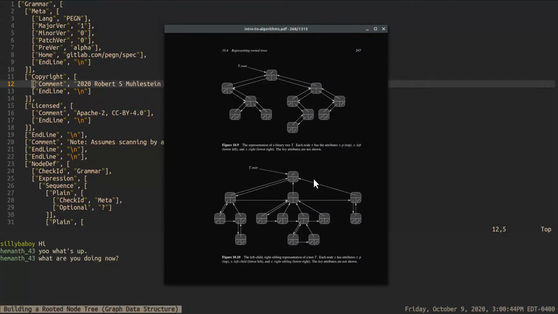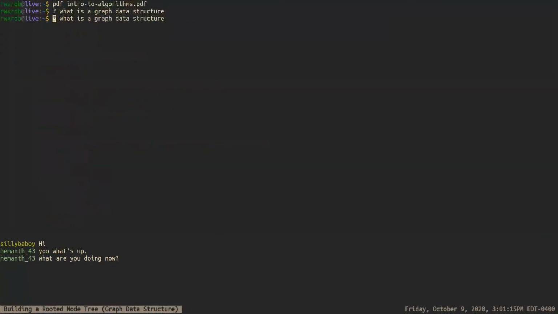So here we have this rooted node tree here. And this is an exact model of what I'm building. The only difference is that we're also going to have a reverse reference to the left side child. So if you were to take any node in this thing, if you were to take this node here, it has no idea that it has anything over here to its left, but it knows about its sibling to the right. So what you have to do is create a data structure that has these relationships. And the way that looks is you have,